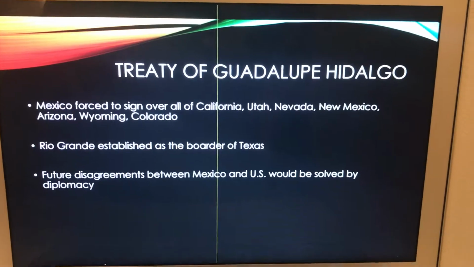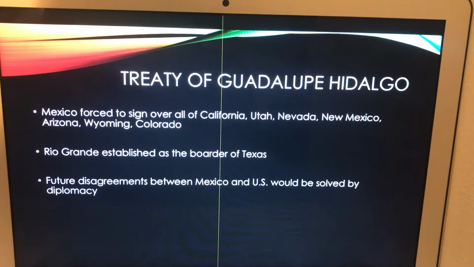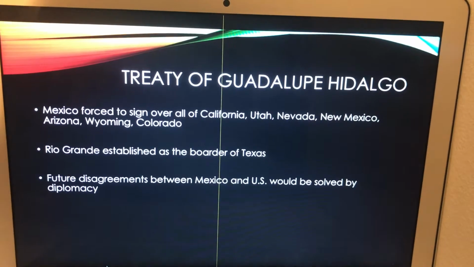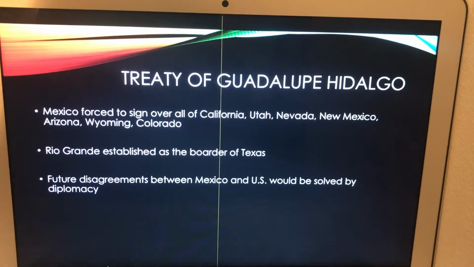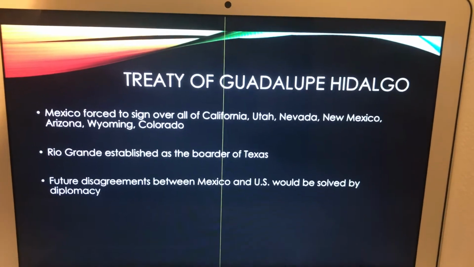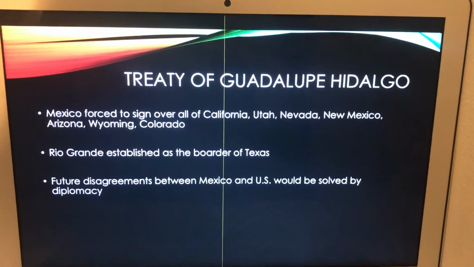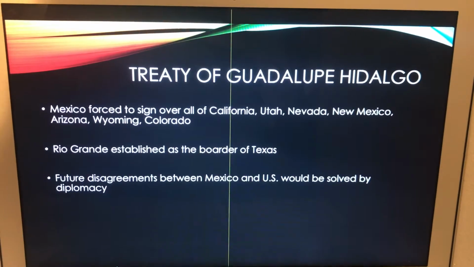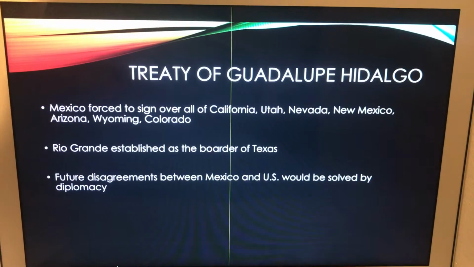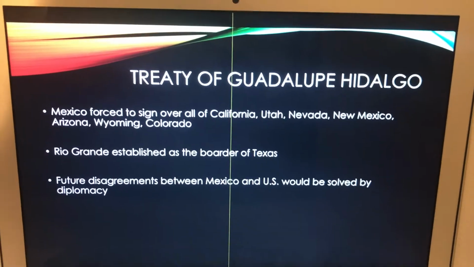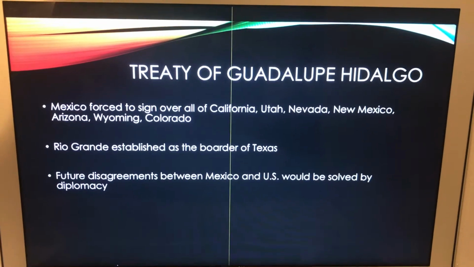And to put it in perspective, the Louisiana territory was purchased by the United States for $1.5 billion. This land was easily three-fourths as much as that, and it was taken from Mexico for $15 million and $3 million in other ceded money to cover whatever costs Mexico lost during this transaction, but it really did not equal the amount of money that they would end up losing